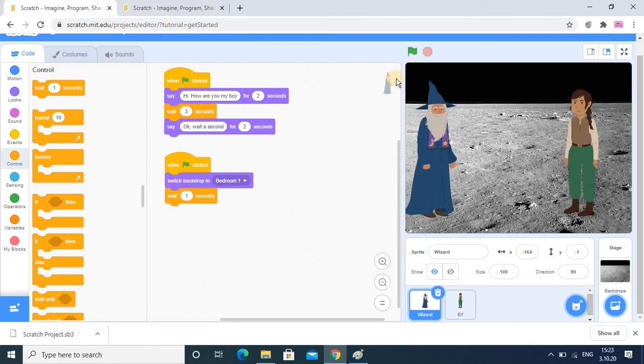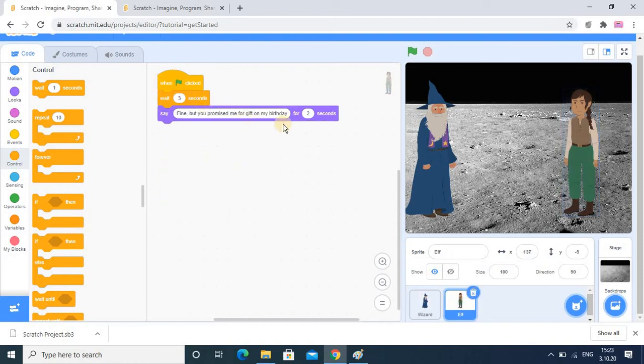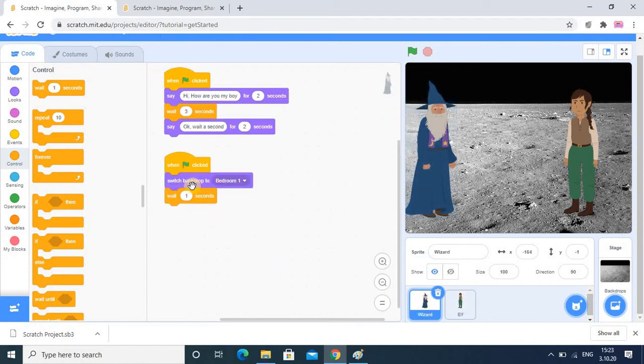What happens here is that when we click on the flag, all three events will run. Initially it will switch to the bedroom background immediately, and then it should wait till both conversations are over. The wizard has taken 3 plus 2, 5, 5 plus 2, 7 seconds, and he has taken 7 plus 5, around 12 seconds, for completing their conversation.